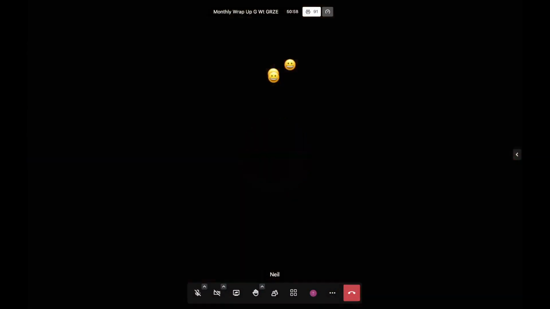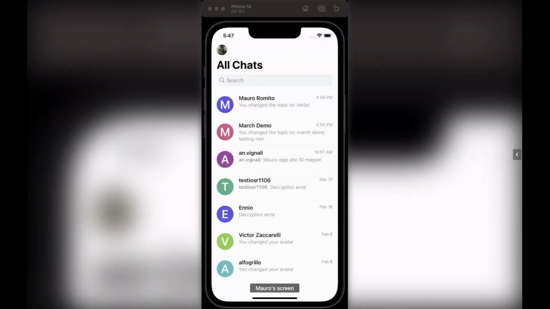All right, Mauro, what have you got for us on Element X iOS? Yeah, I'll show it right now. So, hi everyone, Benoit already pretty much did a very nice introduction of Element X. The only main difference that I can talk about on the iOS version is that instead of using Jetpack Compose,